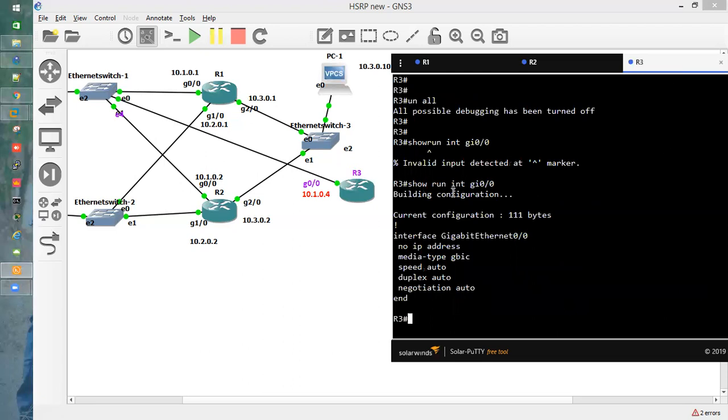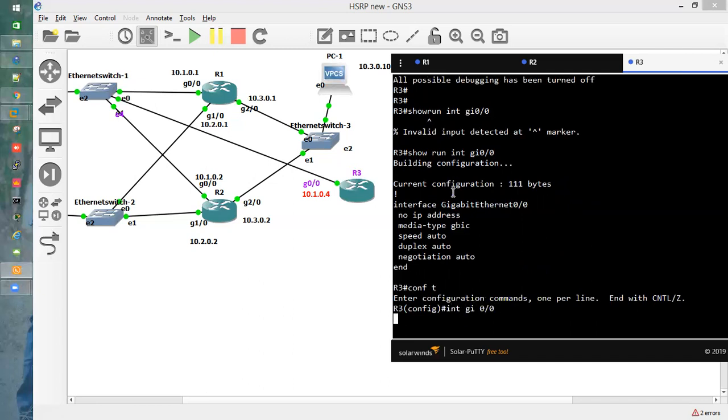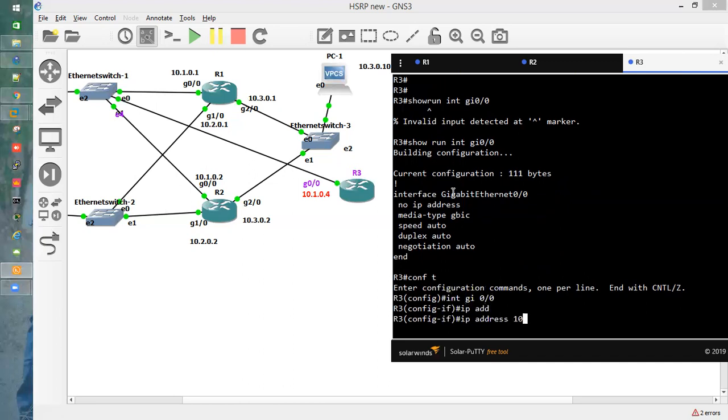I'll quickly configure R3. I'm going to configure the IP address as 10.1.0.4 because 0.3 is our virtual IP address.